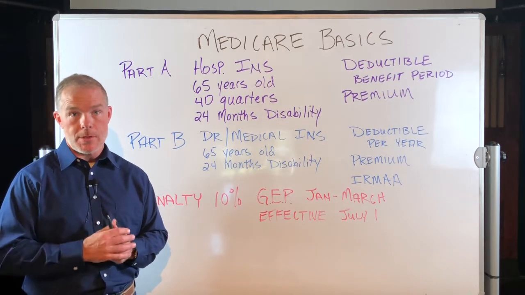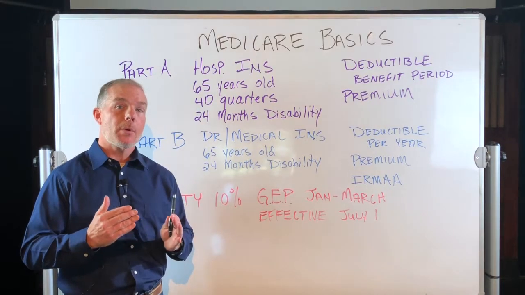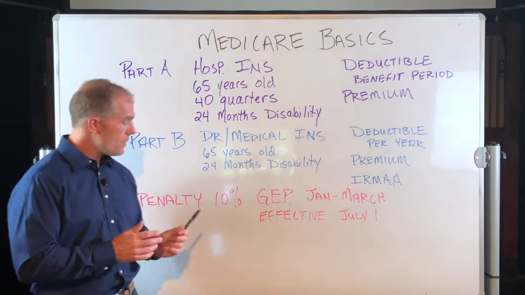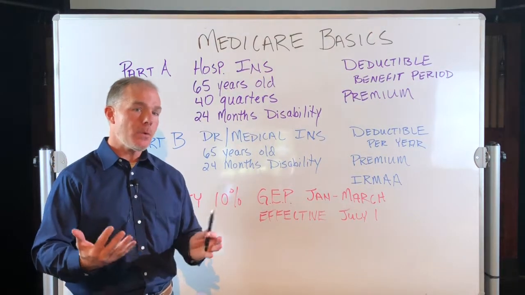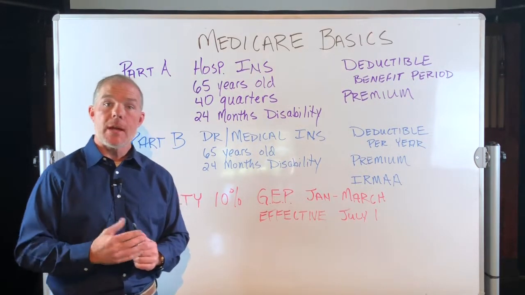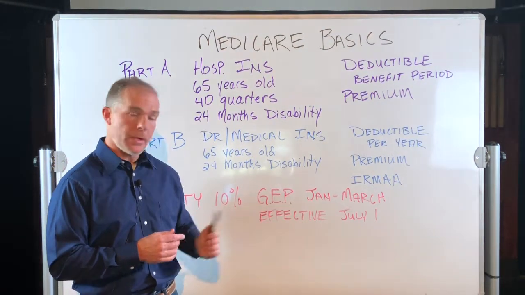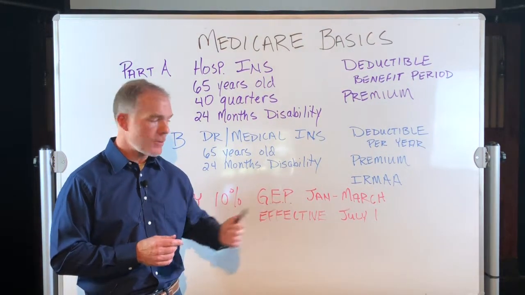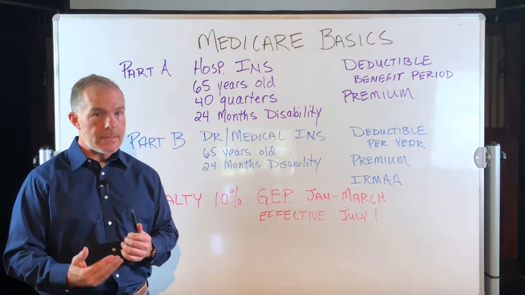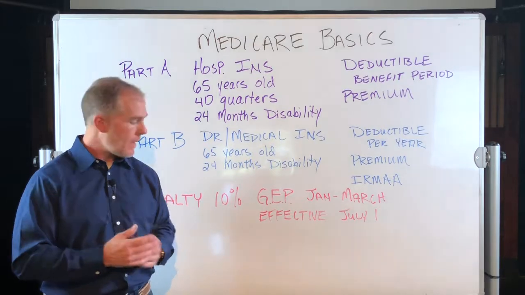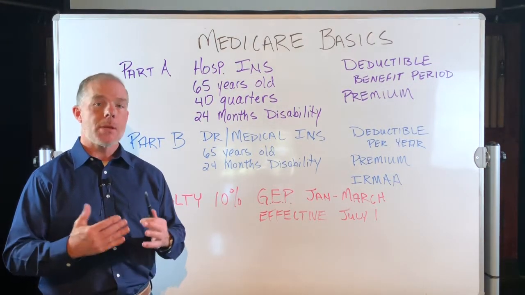Now, there's even more information you need to know. If you miss getting Part B when you were supposed to, and you do have to face this penalty, you can't just pick up Part B anytime you want to. The only time you're allowed to enroll is during the general election period, which runs from January 1st to March 31st. So you can enroll then, but it does not become effective right away. It does not become effective until July 1. So you have to make sure you know